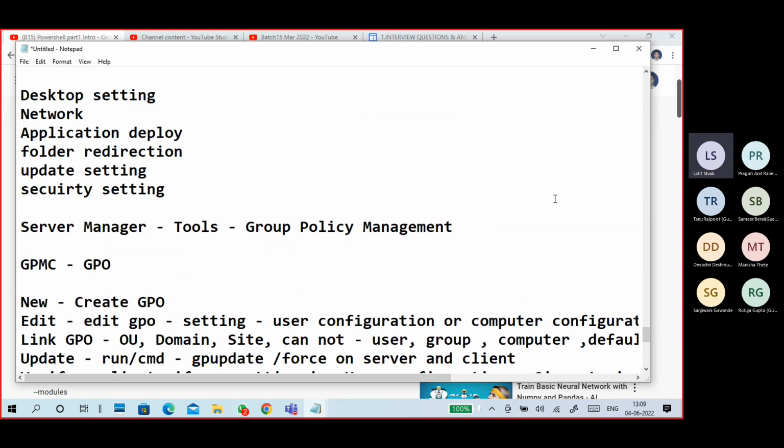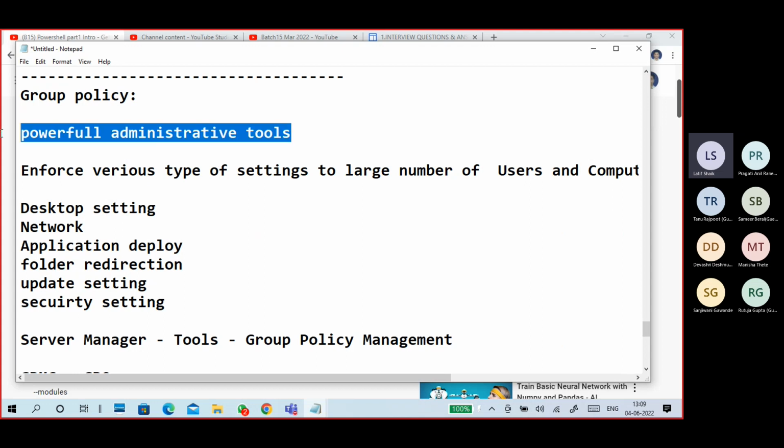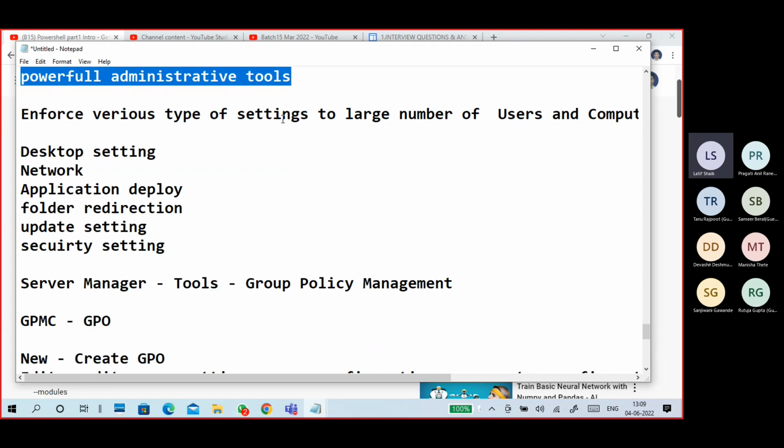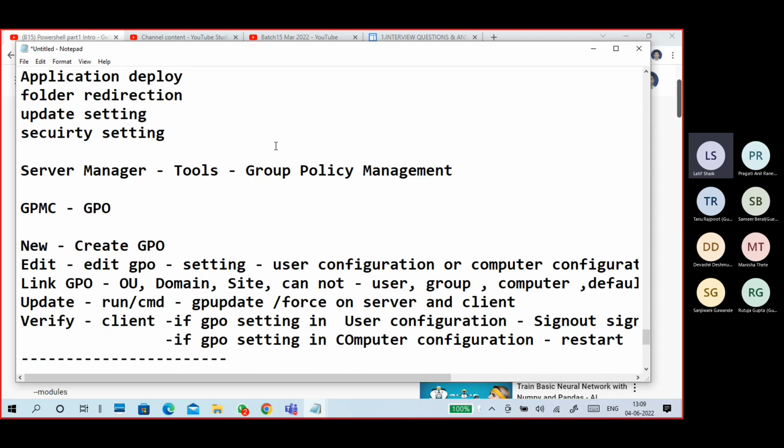Okay, so this is how to deal with group policy. Again, it's a powerful administrative tool. Enforce various types of settings to a large number of groups, users and computers. Different types of settings are there: desktop setting, network setting, application deployment, folder redirections, updates, anything you can set.